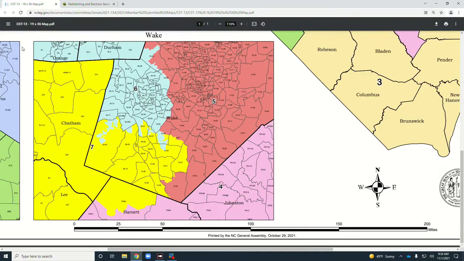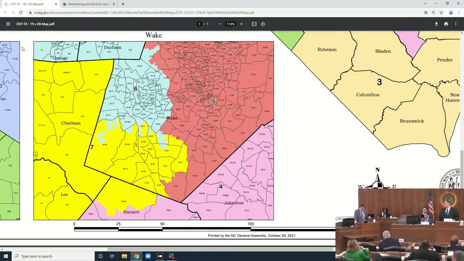I'm not sure. Apex, Cary, and Morrisville are in 6, and I'm not sure where Fuquay would make 12 then, because I've already counted 11. Fuquay, Holly Springs? So there's more than 11. Okay, got too many. We only got 11. 10 plus the county got, I didn't know 11 governments. Small ones. I didn't know.